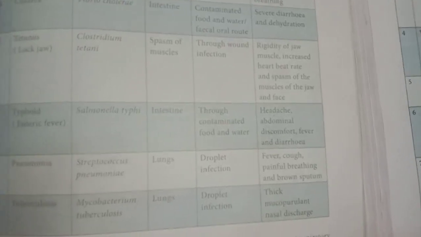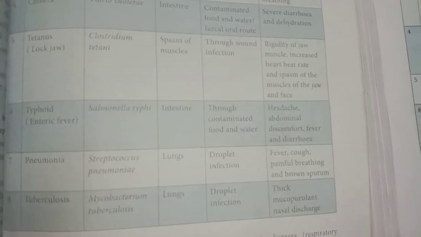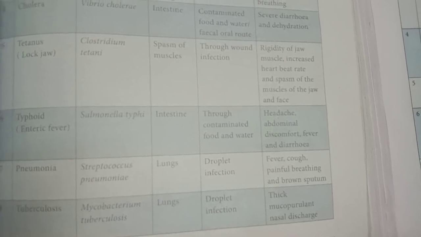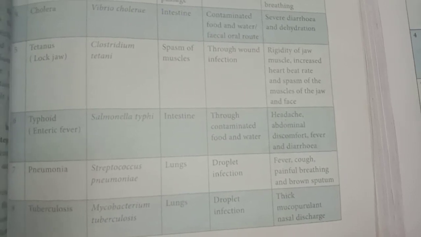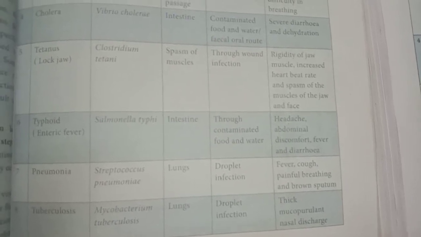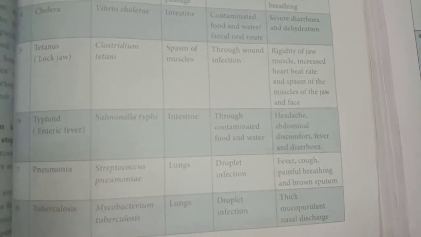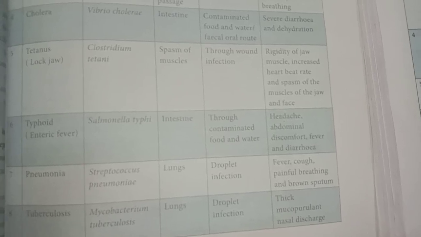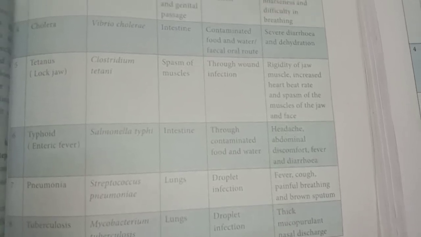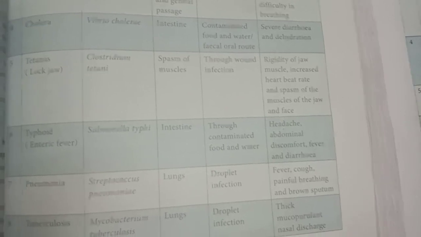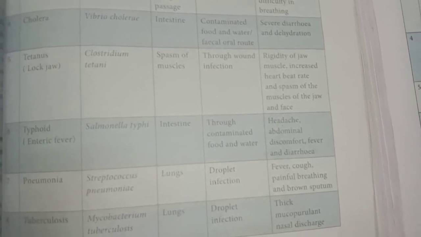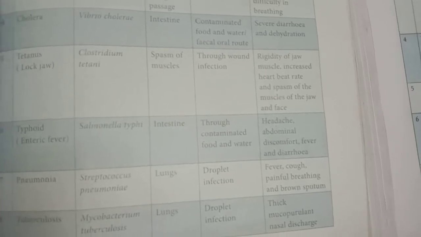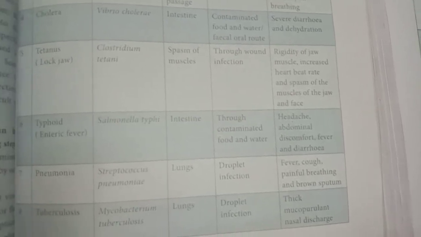Okay, my dear students. So now we have studied 8 examples of bacterial disease. Together, these bacterial diseases may be asked as a 5 mark question, or sometimes the causative organism names and the site of infection are asked as 1 mark questions. So the causative organism of each disease is very, very important for 1 mark questions. Understand, my dear students? Okay.